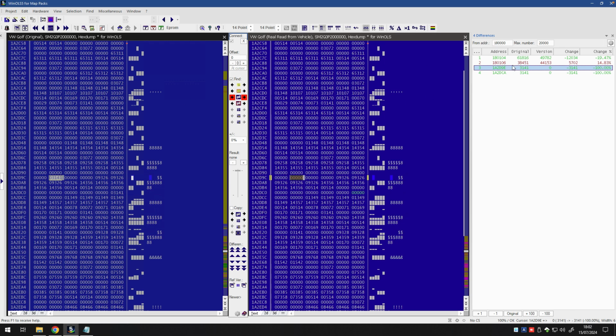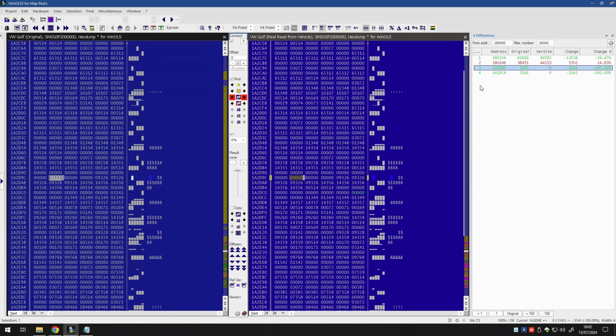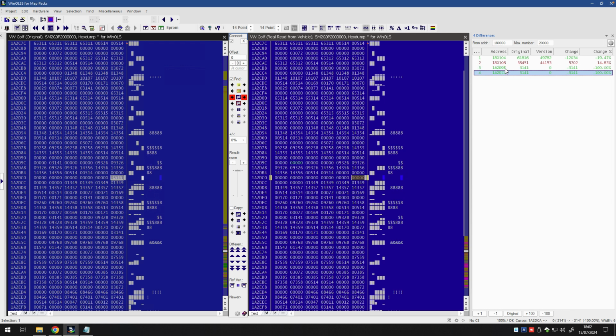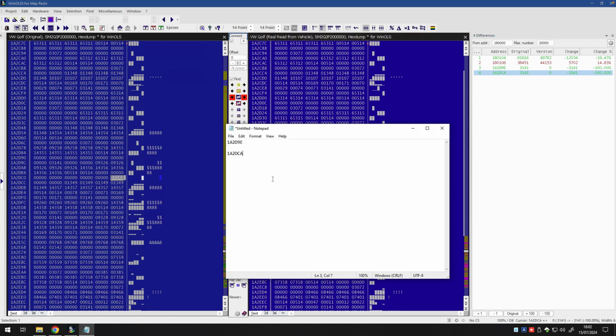And we can see that it's nearly stock, but it isn't quite. There's the two checksum changes at the top, which is normal because it's been modified. And then there's two other bits of data here and here that have been modified as well. And these are fault code removals. You've got 182D9E and 182DCA. So I made a note of those two addresses earlier where these changes are, and these are the two DTCs